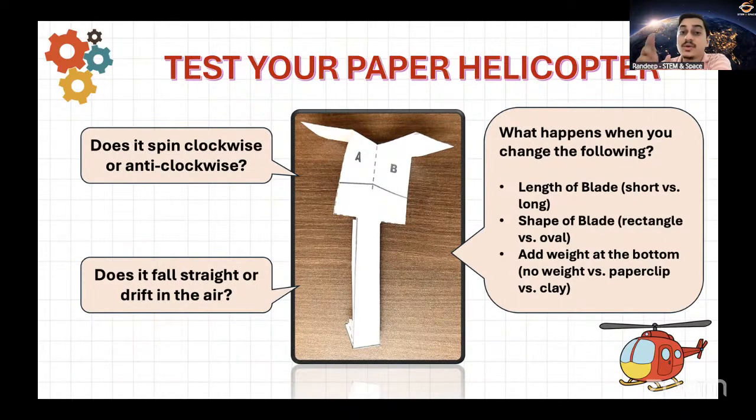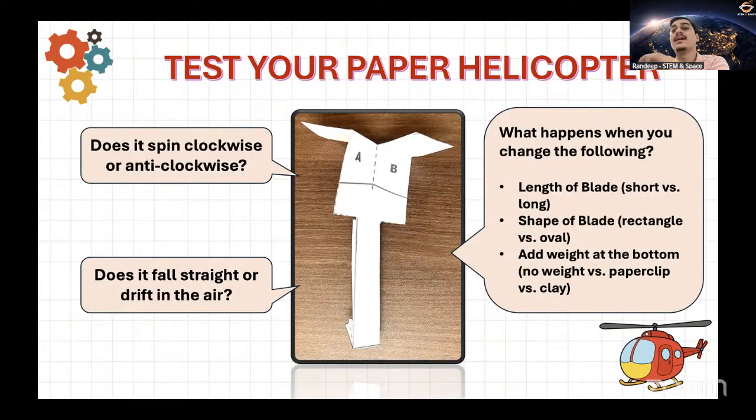What you can do is that you can cut along the corners. So what will happen is that you will get some round rectangles, or maybe you can cut even further and convert your blade into an oval shaped blade, and then test out what is the effect of the oval shaped blade on the flying of your paper helicopter.